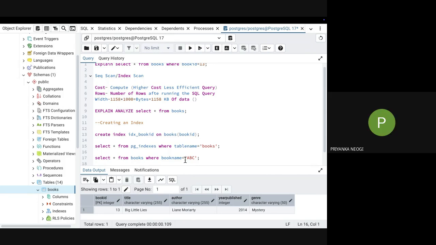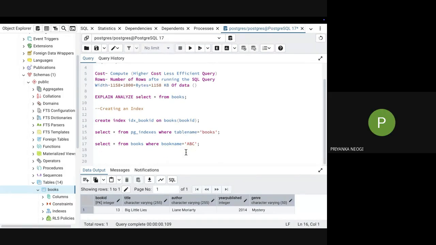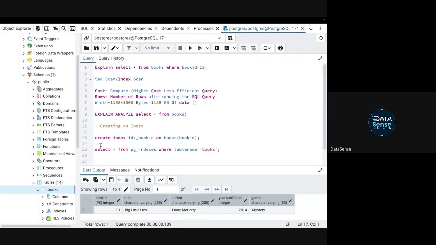Can we check the indexing now on the query that we have done? It will not show any difference because of the size of the data, but you can check anytime with explain analyze.